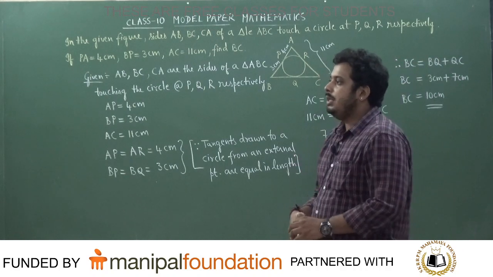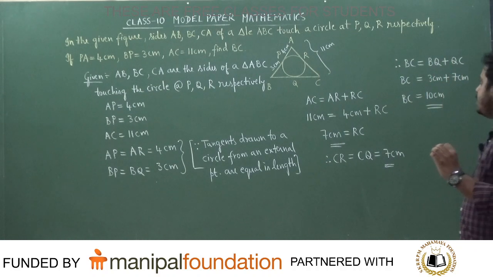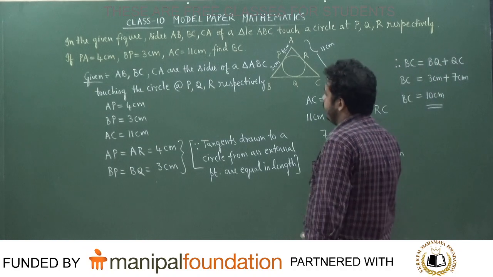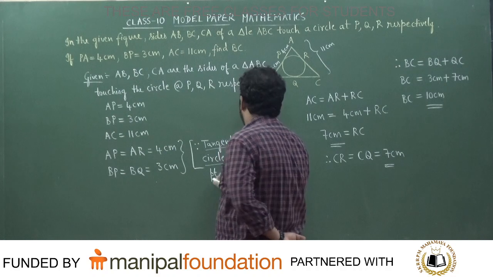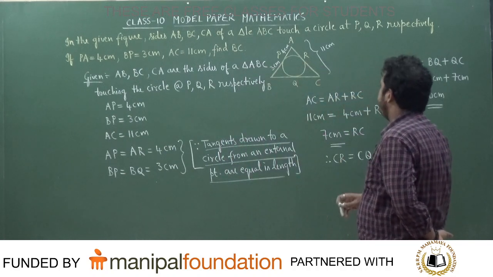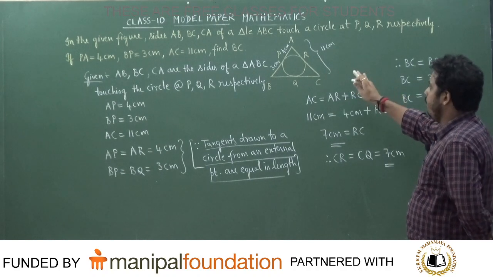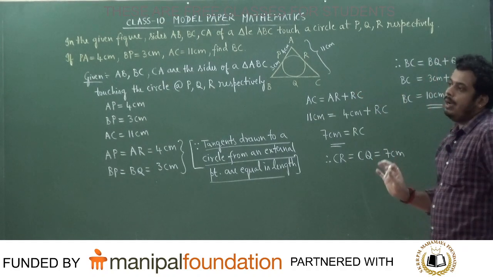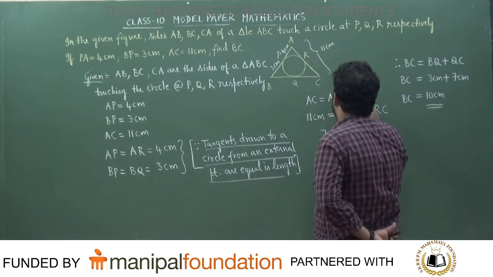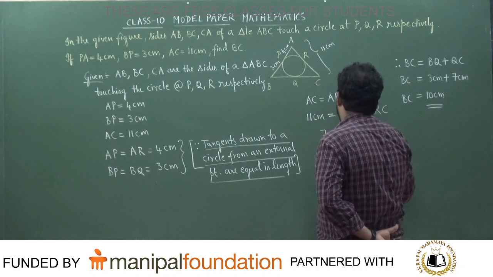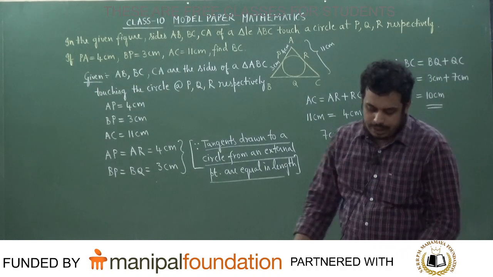Do you get it? BC will be equal to how much, students? 10 centimeters. This is a proper question from circles, where you have to just know that the tangents drawn to a circle from an external point are equal in length. I hope everybody can understand, students. You must draw the sketch. The whole thing I'm solving from the sketch. No by hearting anything. Just by looking at the sketch, AC is nothing but AR plus RC. RC or CR, one and the same, because it's the same length of the line segment. That won't change.